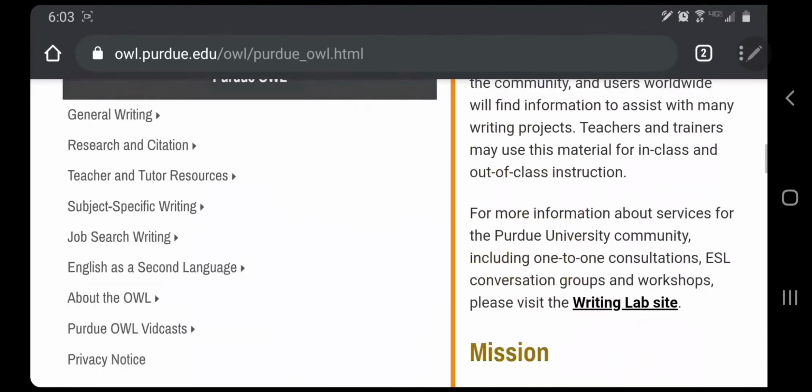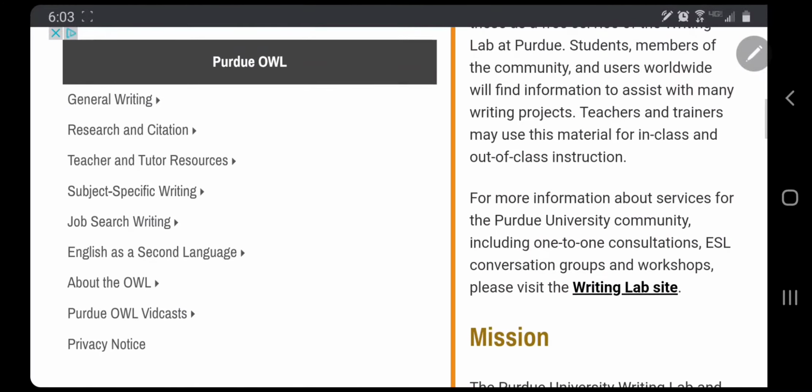All right, so today we are going to talk about how to cite works in a text. So if we're putting evidence in and we have to cite it, how do we do that in the body of our essay? I like to use the Purdue Online Writing Lab website for my research resources. It is Purdue OWL, Purdue is the name of the university, and OWL is for Online Writing Lab. It's pretty easy to find.